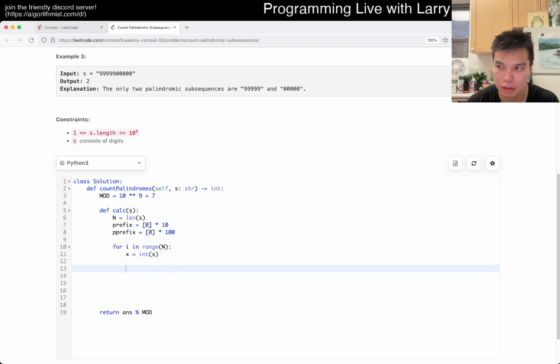Okay. And then what do we want? Well, prefix of x increment. That makes sense, but maybe before that. Then